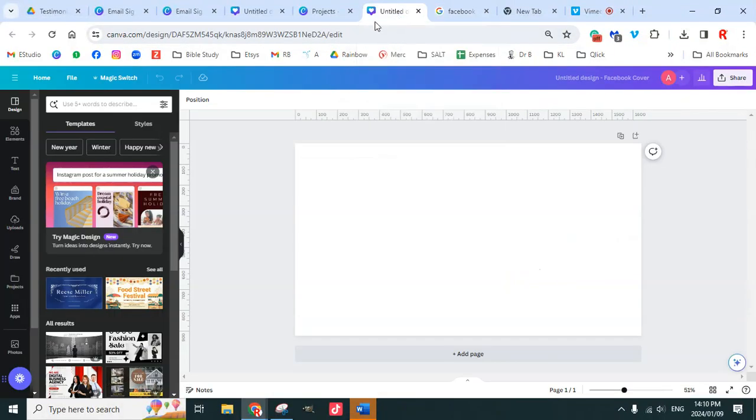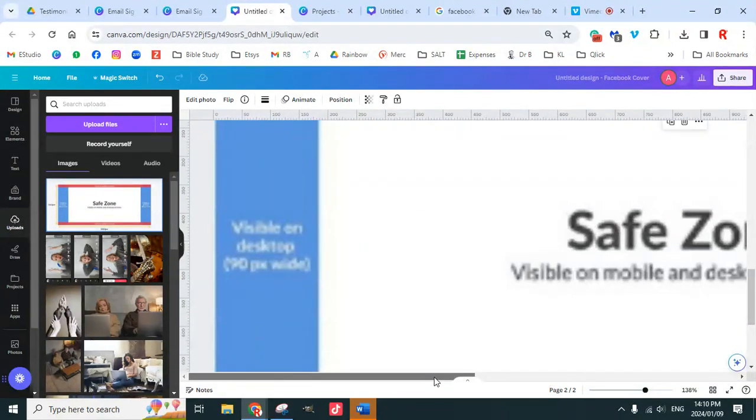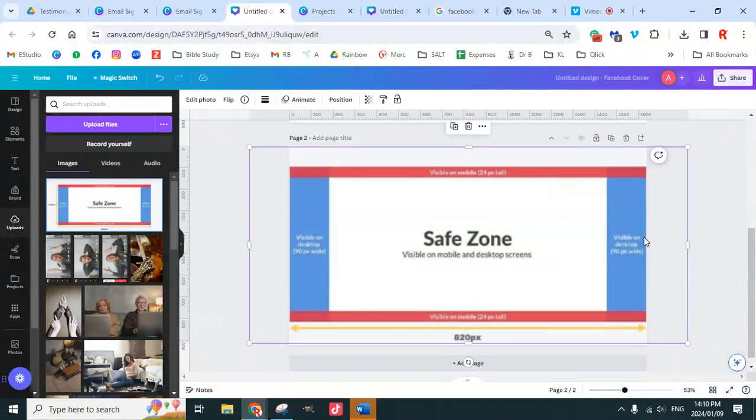So in the safe zone, if you design inside of the safe zone, it will always be visible. Here you can see that it says the blue is only visible on desktop. So if you open it on your phone, they won't even see that part of the design. As I've shown you before, we will then take our rulers and say we will not be designing anything